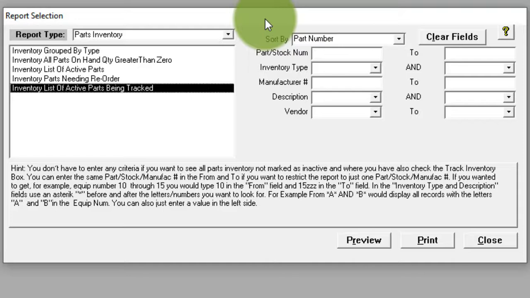So that means that these items are going to be showing up in the reminders list when you get to a minimum quantity on hand, and would typically not be the one-off type of inventory when you're adding parts to a work order. This would be the items that you want to actually stock in inventory. So this is going to be active parts that you are wanting to or have been stocking in inventory. So we can just choose that item and then click preview,